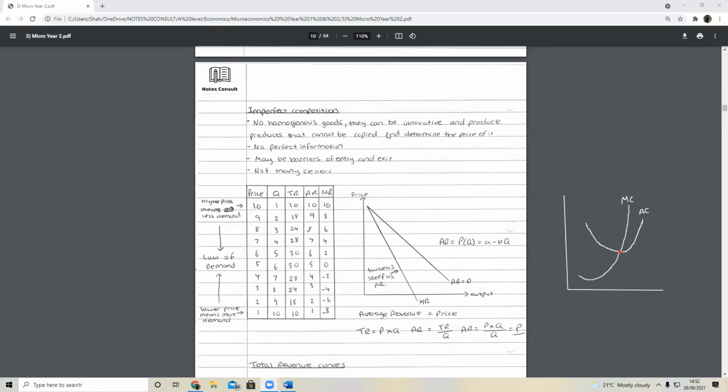But let's first understand imperfect competition, the opposite end of the spectrum to perfect competition. Now goods are not the same. Now we have no homogeneous goods. Firms can be innovative and produce products that cannot be copied, and now they can determine the price. They set their own price. There's no perfect information now. One firm does not know everything about another firm,